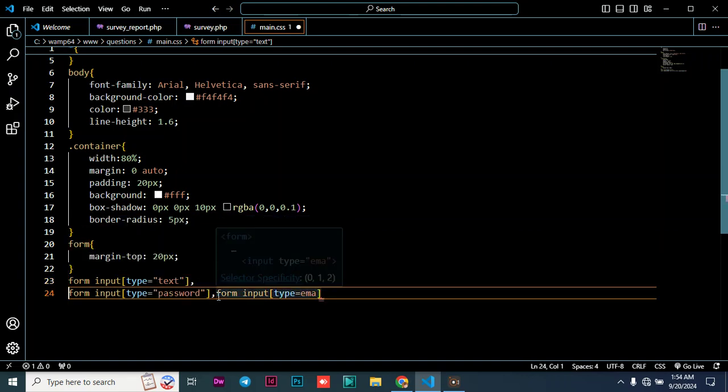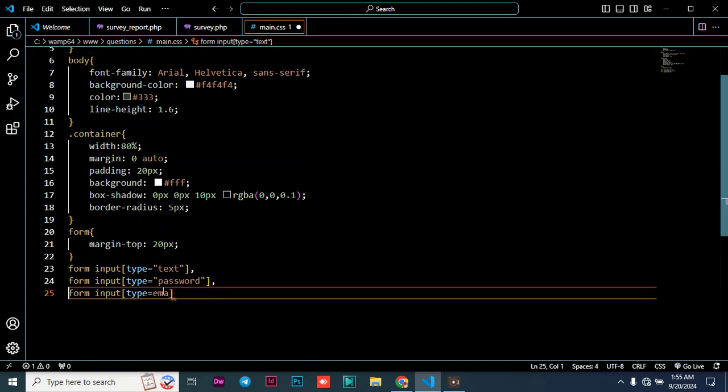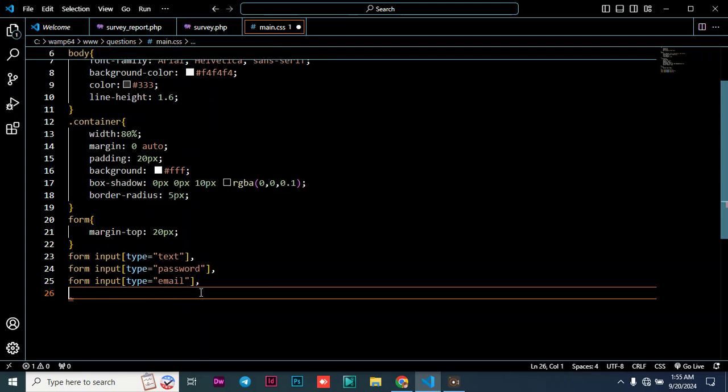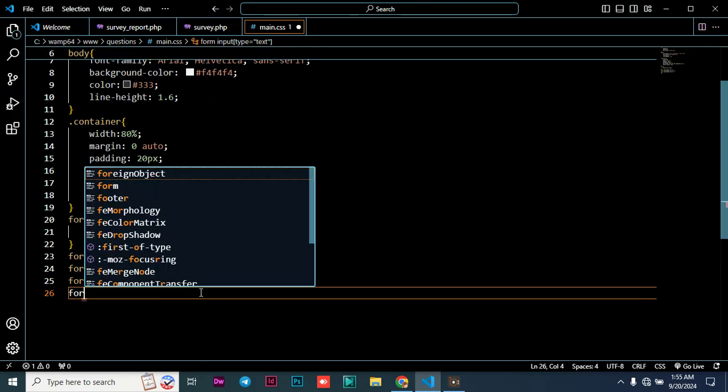You can just align like that, as long as you end with the semicolon, the comma in front there. So this is the email, so we need to align the email also, to style the email, and then you go to the next one, that is the form input,